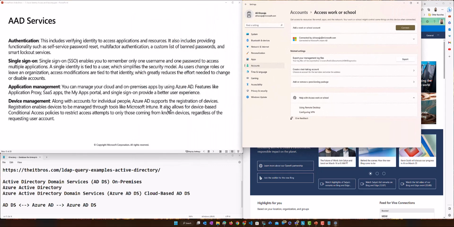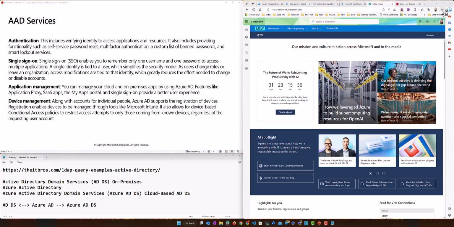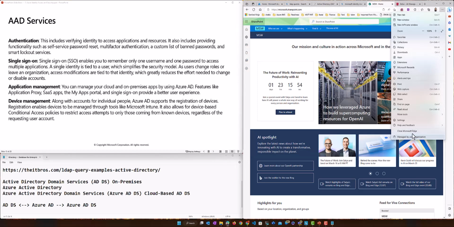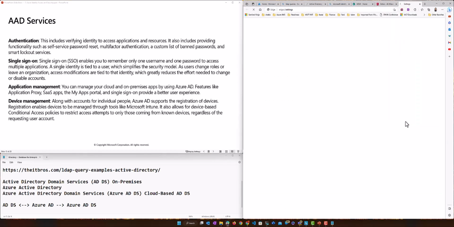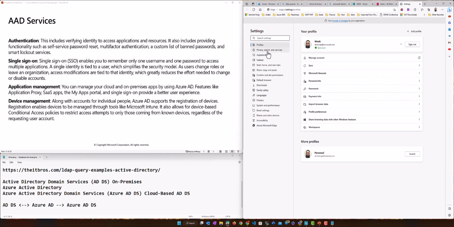So, registration of devices. Now Microsoft is controlling this, right? What I can do and what I cannot do, what is allowed and what is not allowed. You can see over here, it tells you managed by your organization. If I go into settings, there are certain things that tell you what I can and cannot do, and something will be blocked out basically, right? It does that as well.